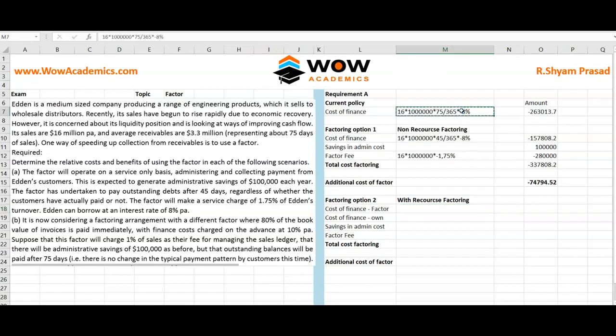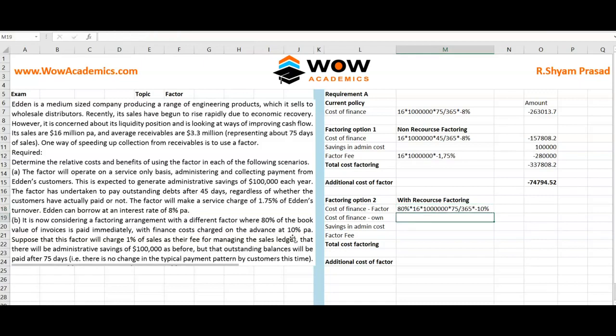So we'll copy the first sentence and we'll use that. If the factor is going to take care of this book, he will charge how much? He won't charge 8%, he will charge 10%, but he will give 80% of that finance immediately. So 80% of the book value he will pay immediately. Okay, so it works like this: 80% of the trade receivables he will give, and for 75 days he will take the collection period and he will charge 10% as the interest for